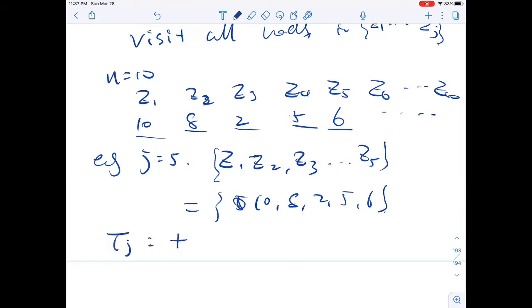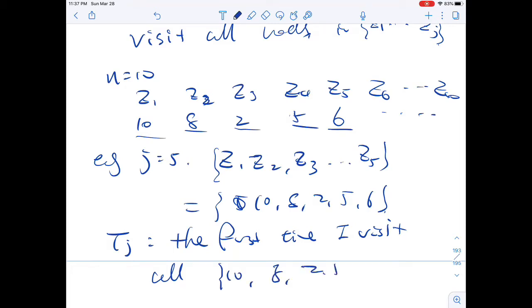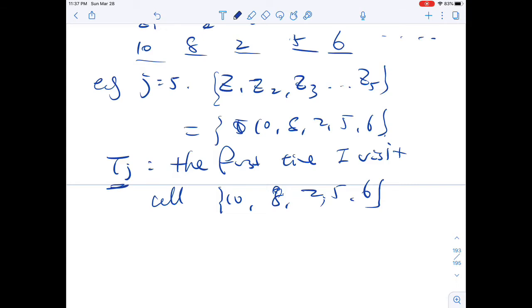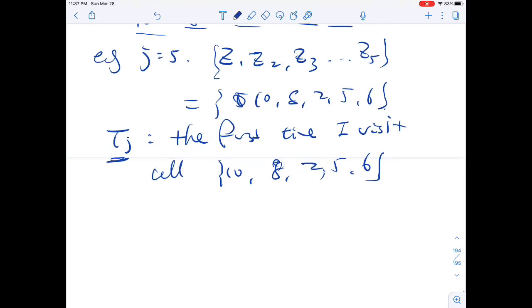Then tj is basically the first time I visit all these nodes: all 10, 8, 2, 5, 6. This is the first time I visit all of them, right? So now I want to be able to compute tj. In order to compute that, we use the same trick as we did for the coupon collector. Before we really proceed, let's also define another set of